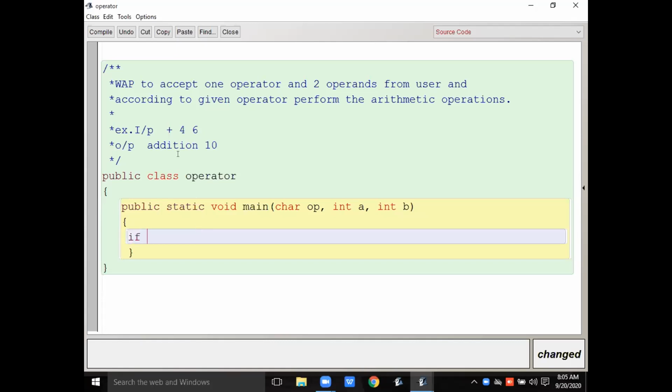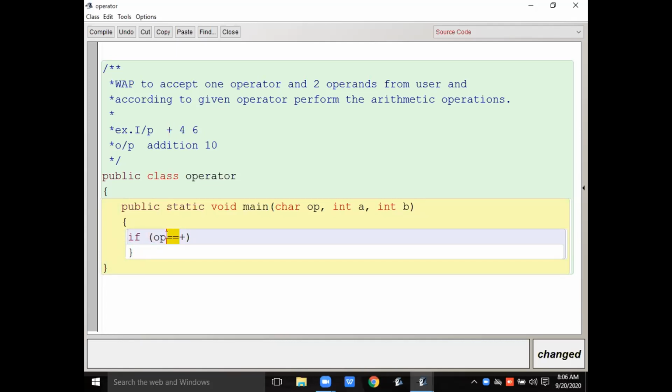Now I will check the character, which means I will check this operator. If op, the value of this variable, is equal to plus, if it is addition. Is this statement correct? No, this statement is not correct.